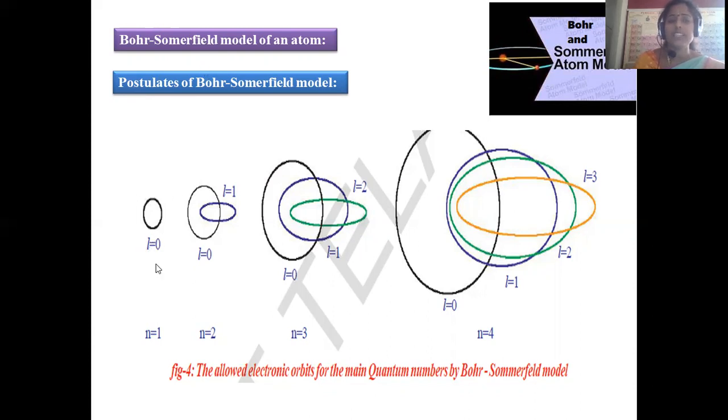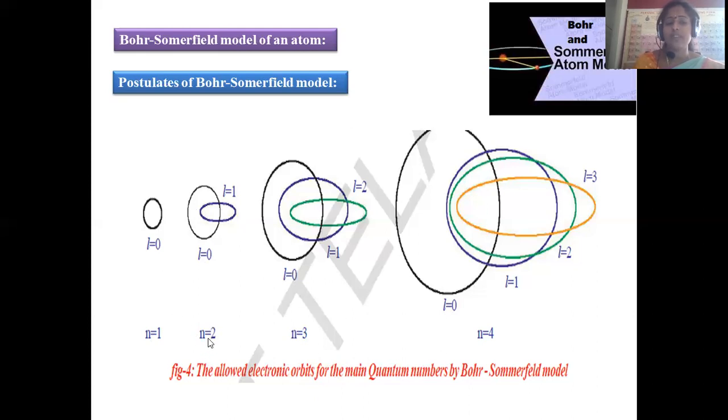Instead of spherical, only the s orbital is represented as spherical, and for the remaining ones, for l is equal to 1, it is indicated as an elliptical shape. Here a slightly enlarged or deviated kind of sphere may be present, called an elliptoid or elliptic system. Only the first assumption, for the s orbital, remains spherical. n is the principal quantum number. n is equal to 1 denotes subshell number 1, where only the s orbital will be there, and since l is equal to 0, it denotes only the s orbital.